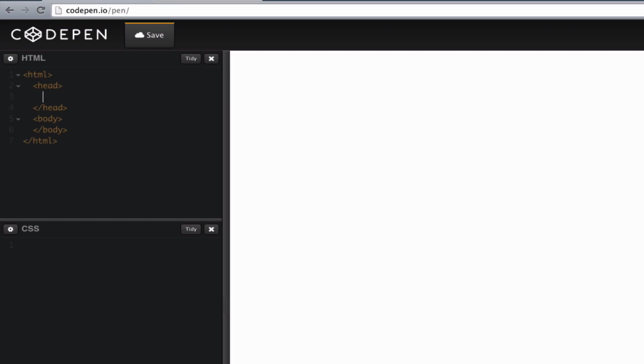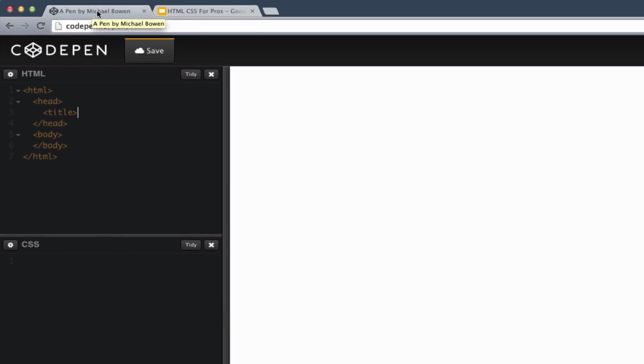So in your head tag, you'll have things like your title tag, which displays up here on the browser in the tab. So in this example, I'm going to make it about cars. I'll spell it right, cars. And then we'll say you have your meta description. Meta name equals description. I'll show you what this is, and then the content will say